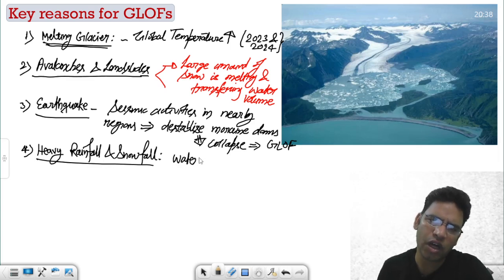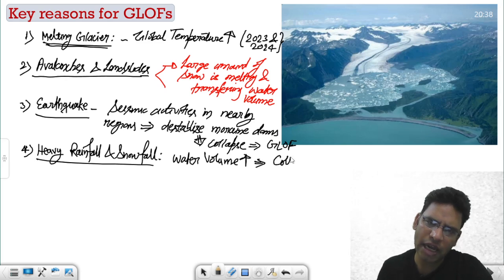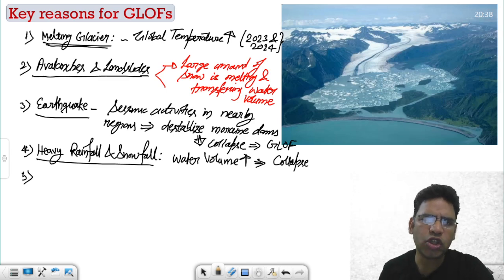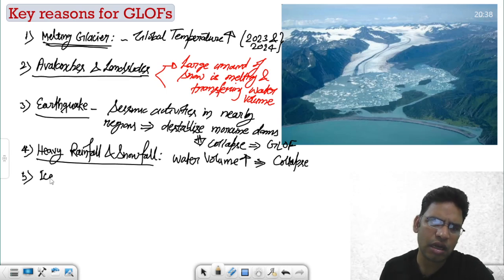So water volume increases, and it can collapse those moraine dams, right? Fifth reason could be ice or volcanic activities,